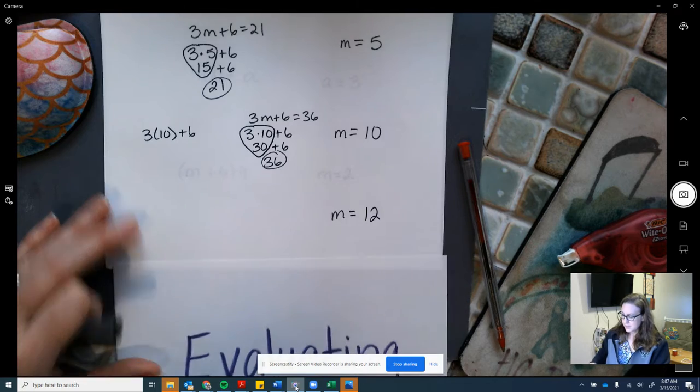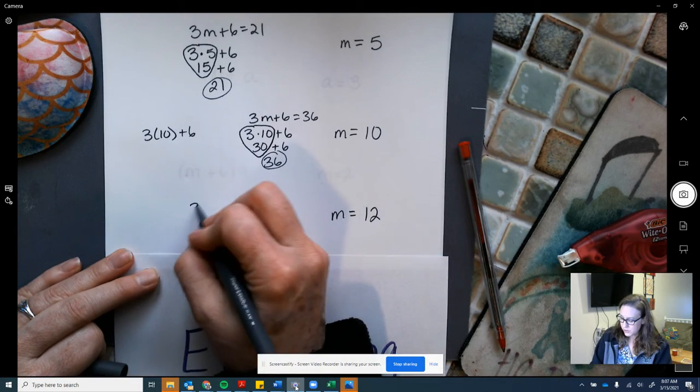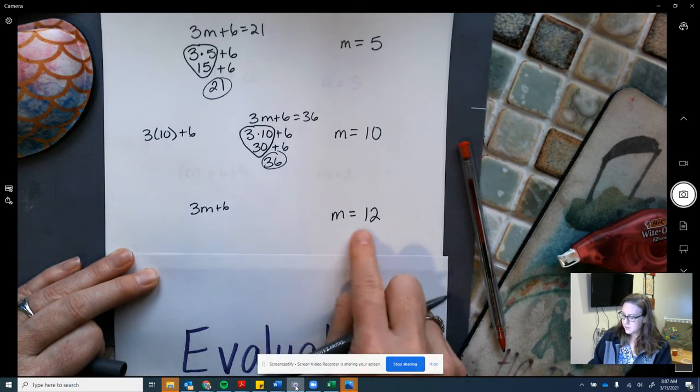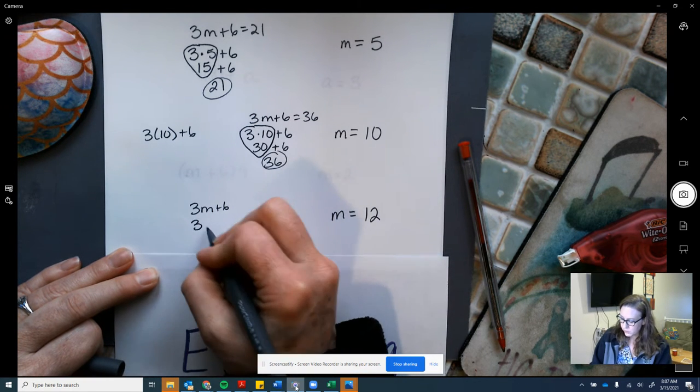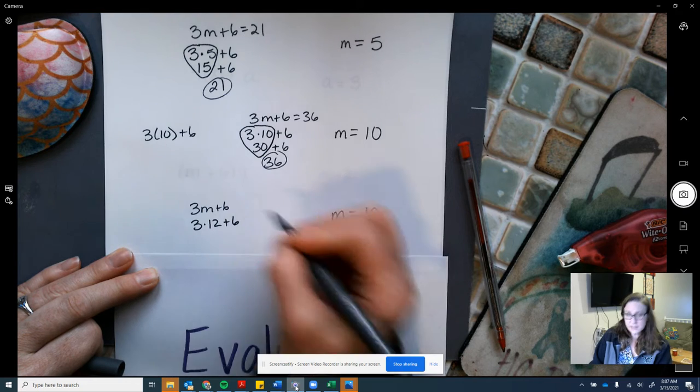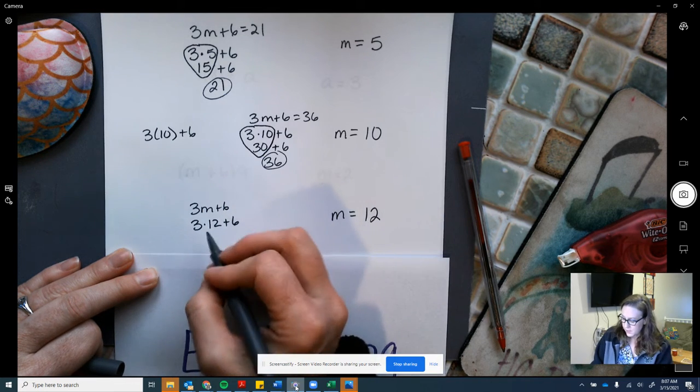All right, last example: we started with 3m plus 6. This time m equals 12. So we're going to rewrite it: 3 times 12 plus 6. We've got to do